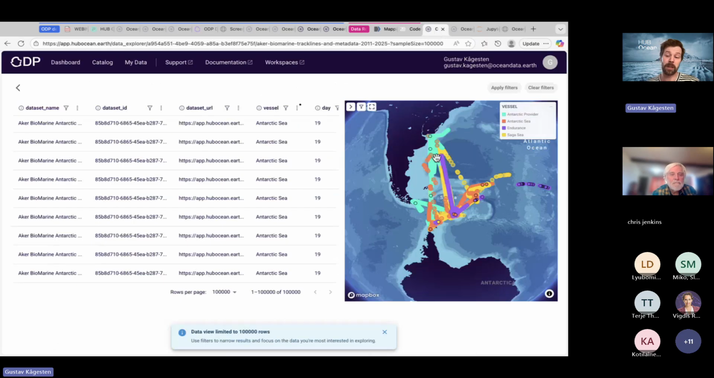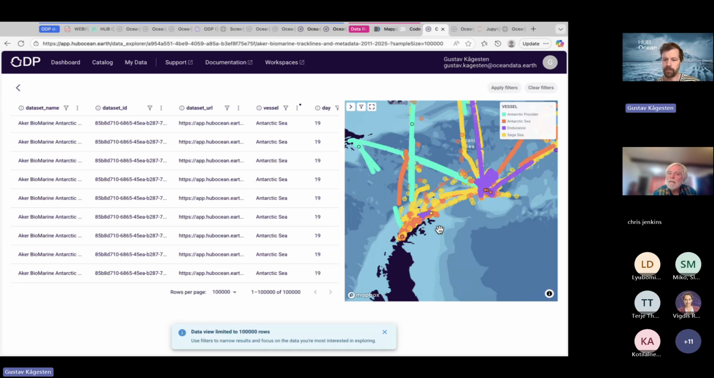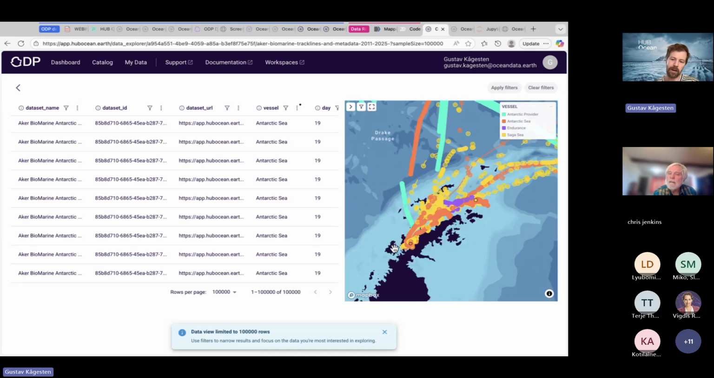Let me take one step back. So what's actually on the platform is over 500,000 acoustic raw files from fishing vessels in Antarctica. This covers 15 years. So these are data that can't be replicated in science very easily because it's such an immense amount of data for every fishing